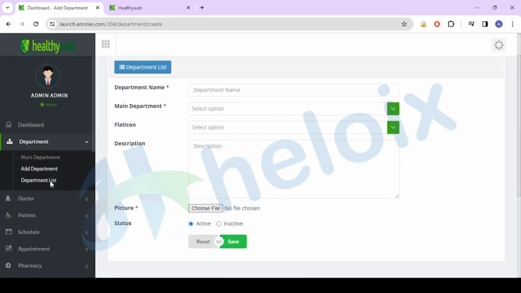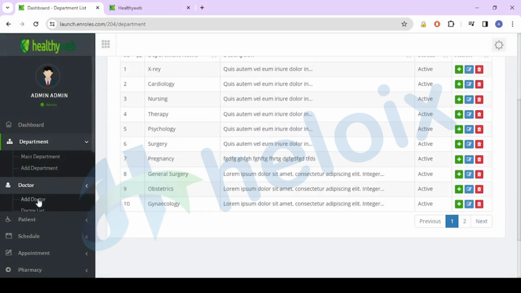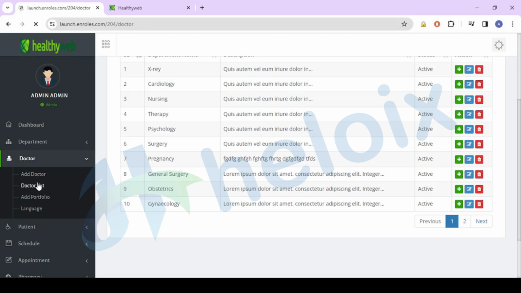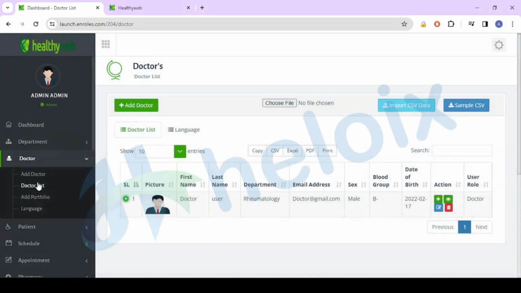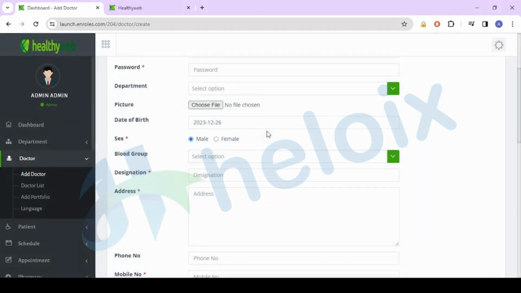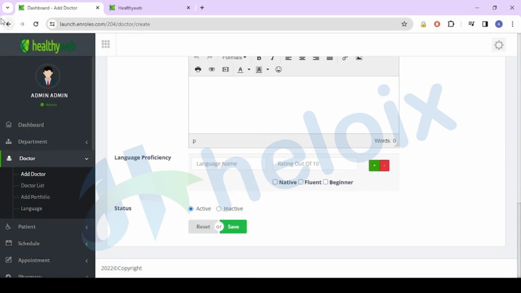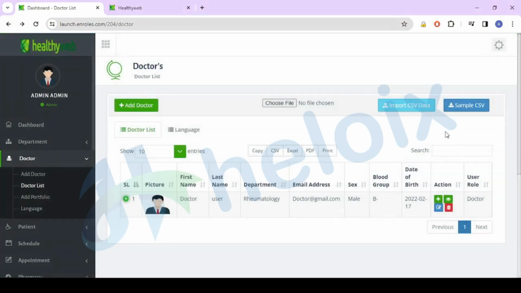After that you can check the complete department list. After that this is the doctor data. Here you can check the complete list of doctors which we have created here. If we go to the plus icon, then you can see active and inactive. If I want to register a new one, you can do it here. See, here you can find some data which will help you with onboarding. If you want to import, or download a sample CSV file, you can do it as well.